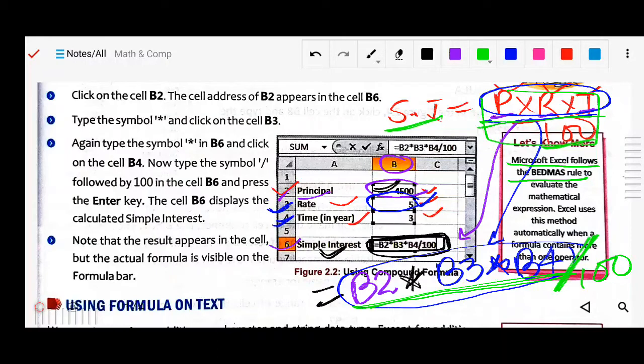One operator means plus, minus, all these operators are available. So Excel will automatically understand that it has to follow BODMAS. Likewise here, all these 3 will be multiplied, the values available in B2, B3 and B4, all will be multiplied and divided by 100, and that will be displayed here. So this is the compound formula, it is called your compound formula. Understood?